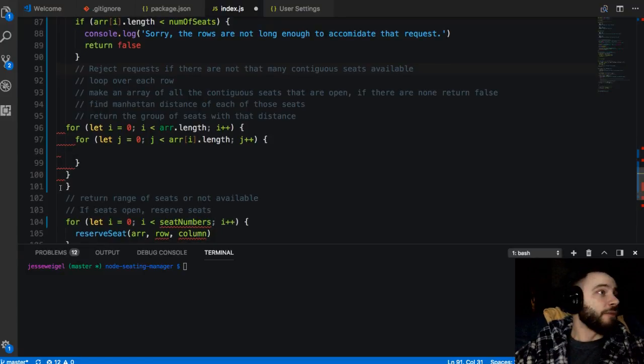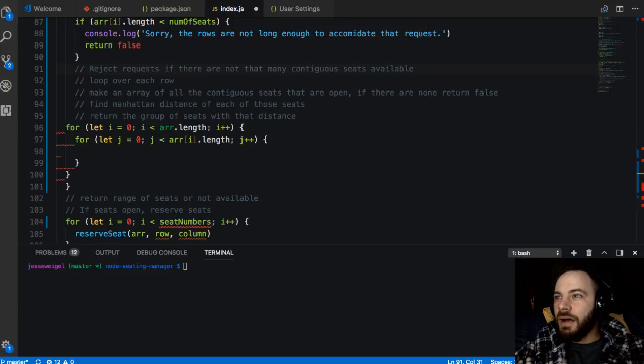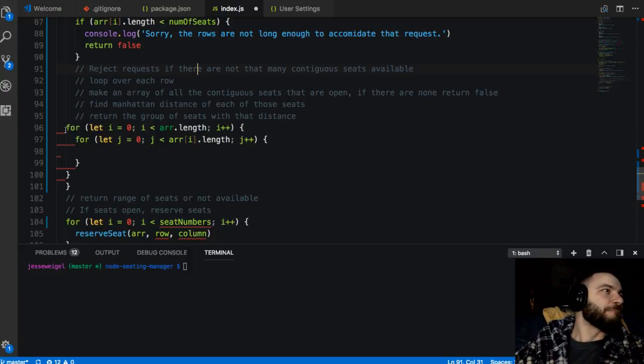So I started the stream right in the middle of me making these nested for loops. And hey, Jarvis, how's it going? Yeah, so